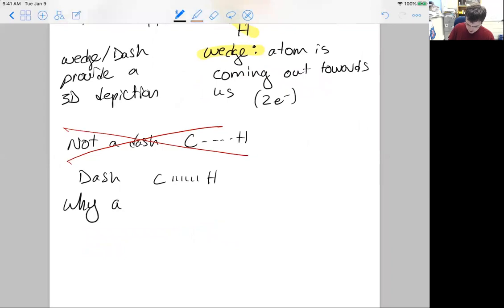Why a tetrahedron? So a tetrahedron is, just a second. Writing, talking, and spelling. Tetrahedron. Okay. Why a tetrahedron? So a tetrahedron is kind of a complicated shape, but what it does is it allows us